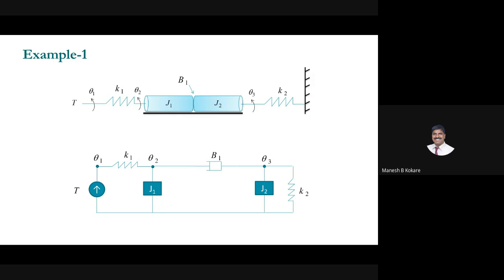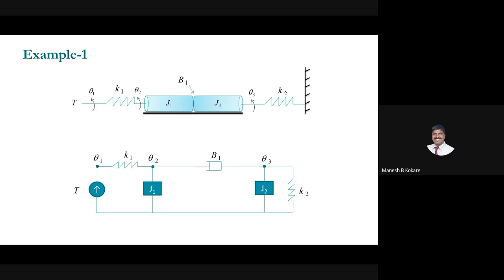In case of a nodal diagram, you have to take the number of nodes equal to the number of displacement points. Now, how many displacement points are there? One theta1, theta2, and theta3. So theta1 is one node, theta2 is another node, and theta3 is the third node. Now, between theta1 and ground, what is there? That is torque. So this element is connected. Between theta1 and theta2, which element is connected? That is spring element K1. So between theta1 and theta2 the spring is connected.